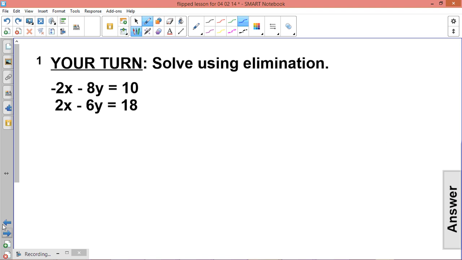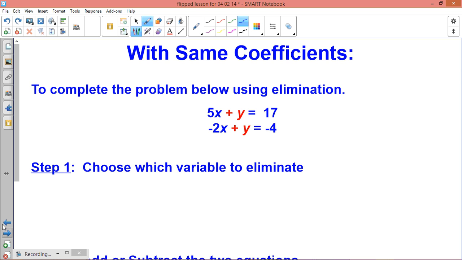It is now your turn to solve this by using elimination. It should be pretty obvious which variable you're going to eliminate and then which one you're going to solve for. Okay, so complete this 100%. You have to eliminate one variable, solve for the other one, then plug your answer back in to get both an x and a y, and then you have to check your answer in both equations. And then what we're going to do is,